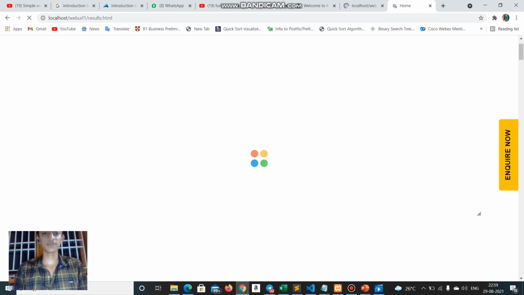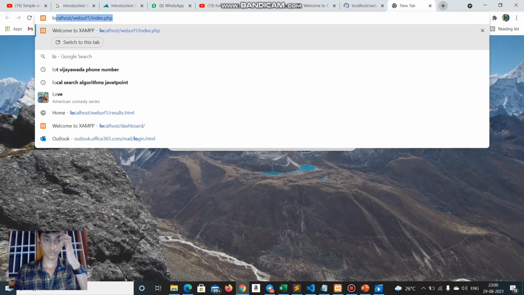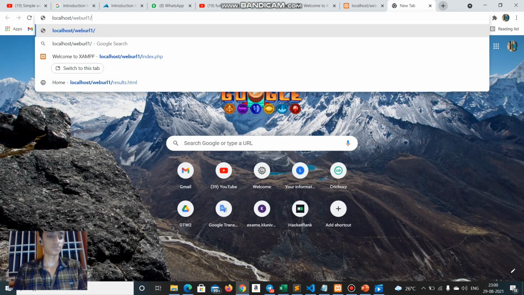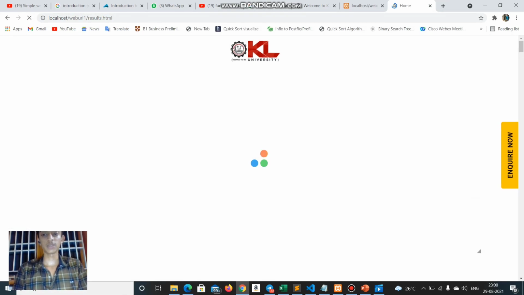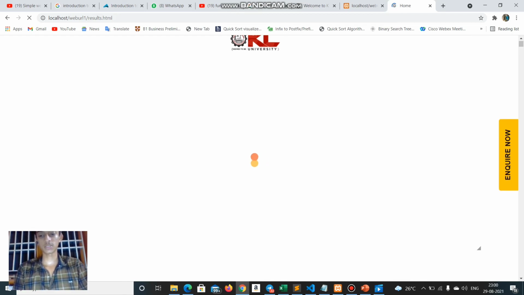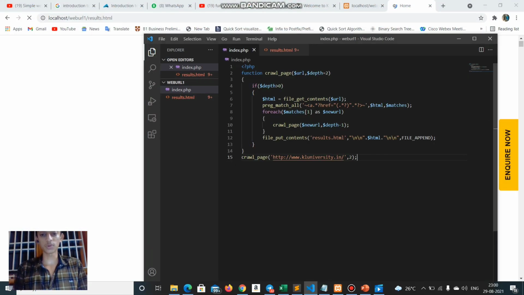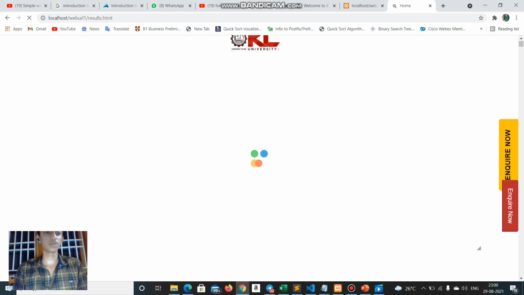Here you can see the page. Here you can see the output. It is directed to the KL University page. Since in our code we provided the KL University link, it went to the KL University website,